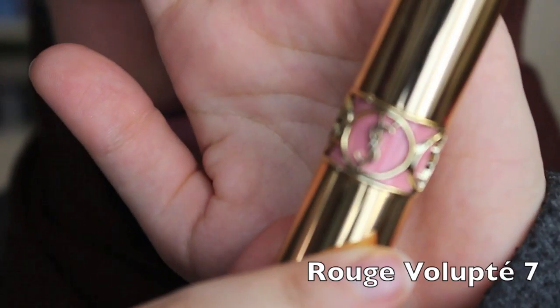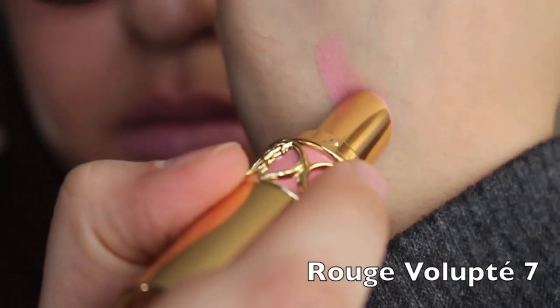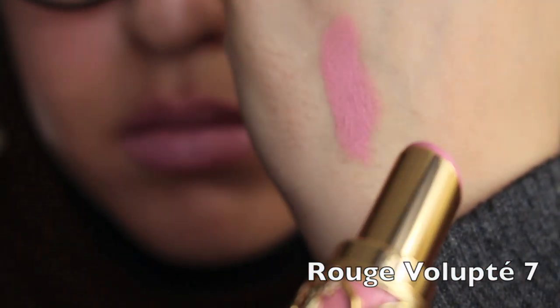And I wore it in my Valentine's Day tutorial that I'll link down below. And I thought it was too light for me. I still think it's too light for me. So I do like to pair it with a darker lip liner, and I find that gives me a kind of color I really like. So either a dark fuchsia like I had in that tutorial, or I'll pair it with like a brownie